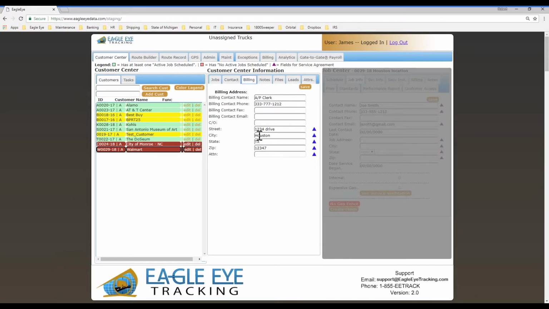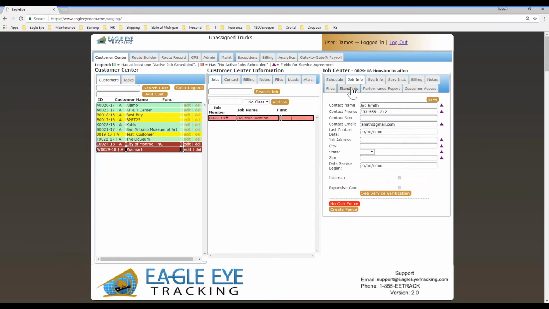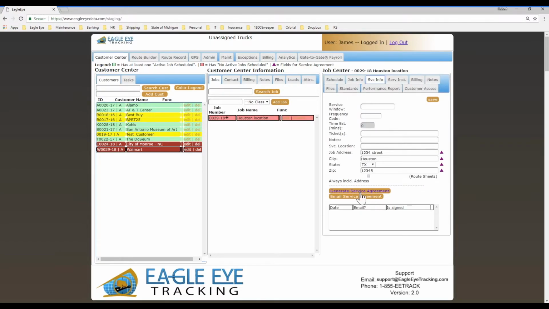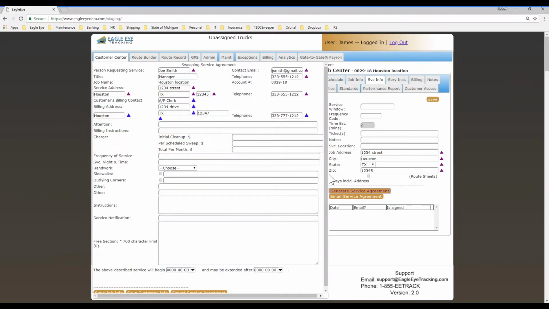The billing information. So the billing information's been populated. So then we've got that to come through. So then now if we want to continue with creating